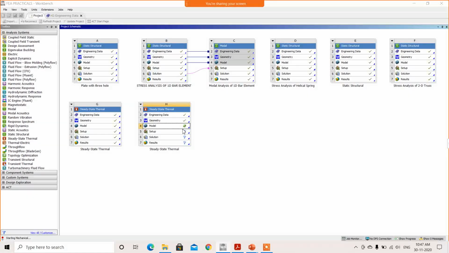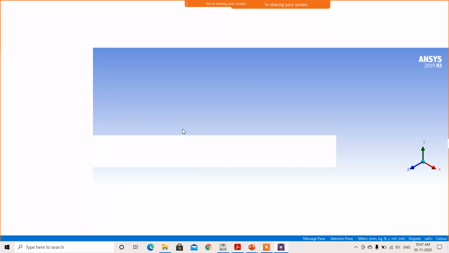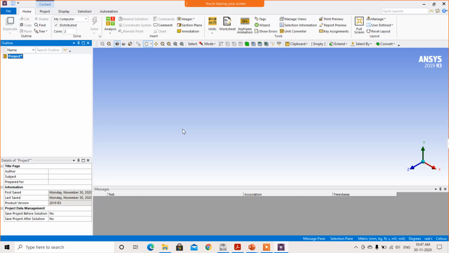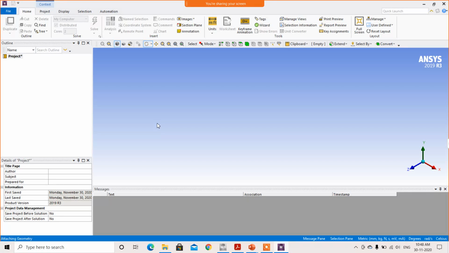The new window will now open for the meshing, boundary condition, solution and results. Yes, it is open now.